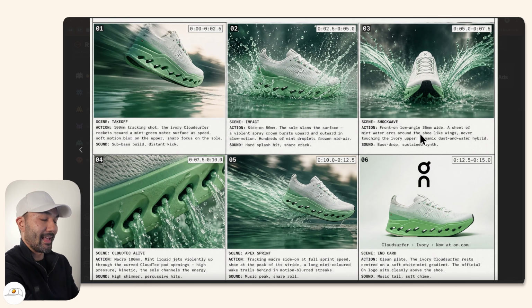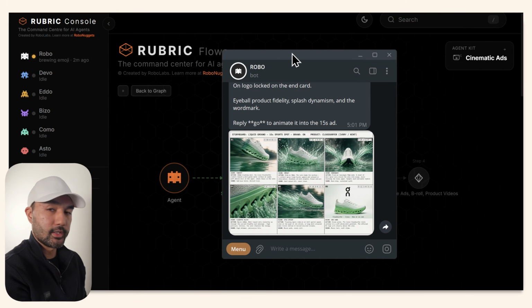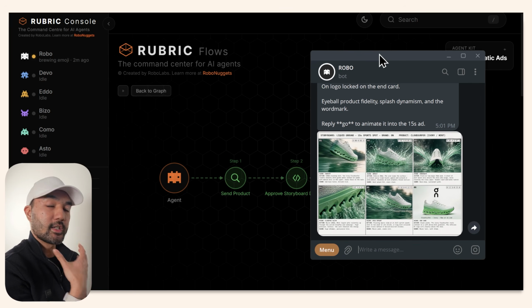Which, by the way, if you're in the advertising field at all, then this step of generating storyboards is already pretty useful to you, because then you can generate these and show it to your client before actually producing or generating material. Now, you might be curious how our agent handled the generation of this image,